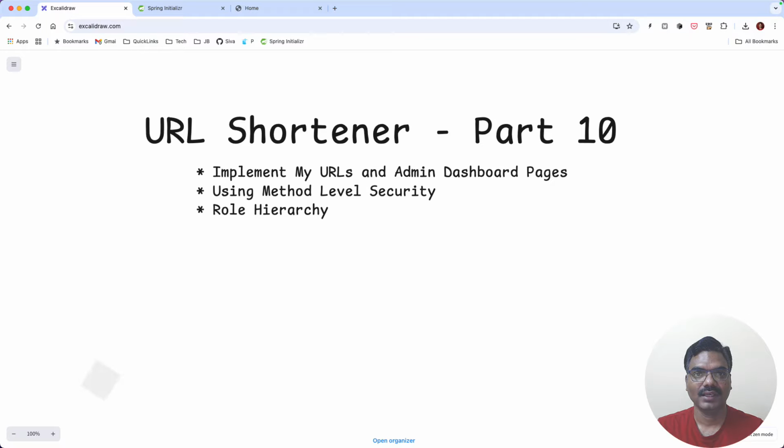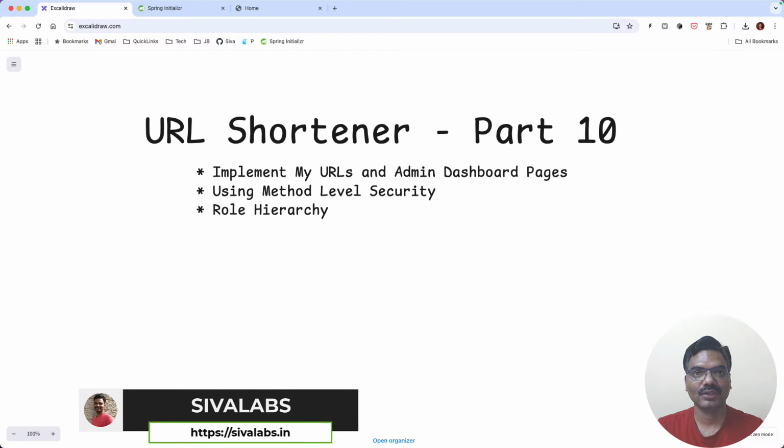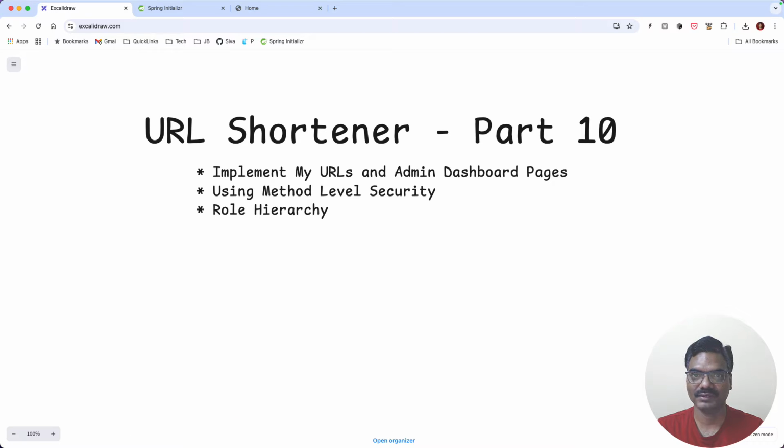Welcome back. In this section, we are going to implement my URLs page and admin dashboard pages. Whatever knowledge we gained so far by building this URL shortener application, those skills are enough to build these two screens. So I'm going to quickly walk you through the implementation, and then we're going to focus more on a few interesting concepts, such as we can use method level security instead of centralizing all the security configuration in web security config. We have already configured that, but now we're going to learn how we can use annotation based